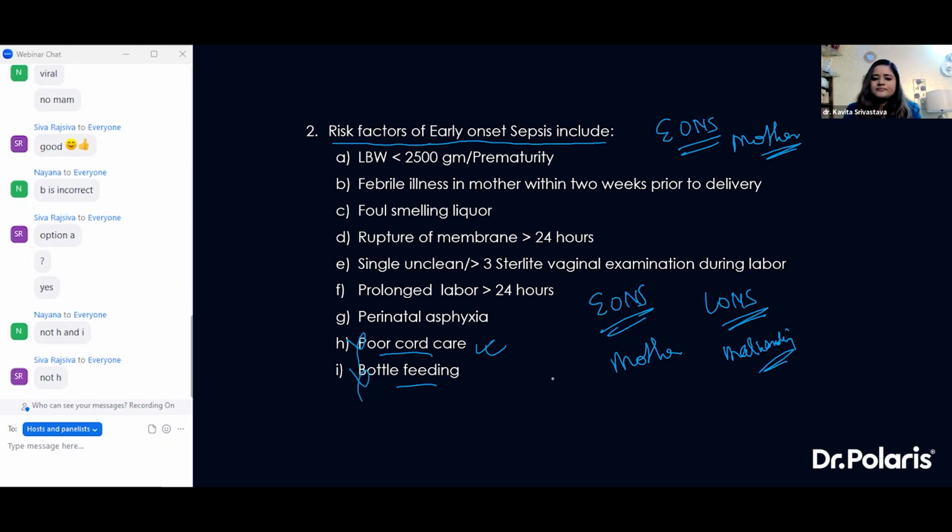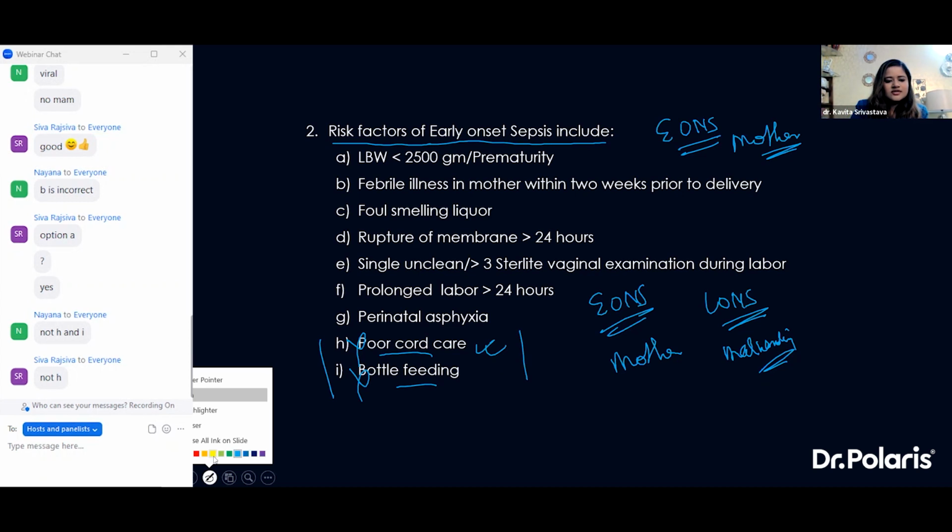Bottle feeding again, if the baby starts to get feeds from the bottle, it can result in a lot of infections, because the bottle and the nipple can be a source of microorganisms if the cleaning is not done properly. So these are basically related to how you handle a newborn after the delivery. However,